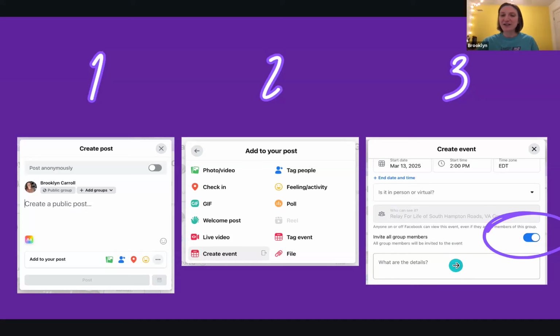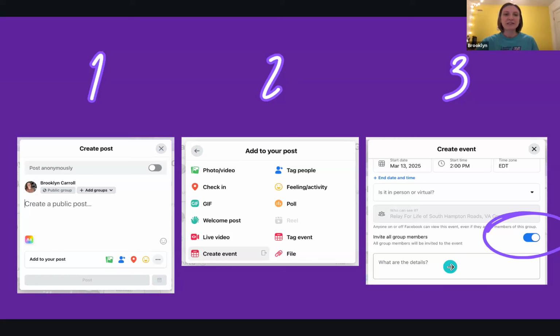Whether they go to it or not is up to them, but they do get the notification, which makes it much more likely that they'll actually see the event as opposed to you just posting the flyer on your page. I think this is a great tip that we've been using, and it's been working relatively well. You also get a second notification right before the event, saying the event's coming up, don't forget you were invited. So I think it's a great way, as opposed to just posting flyers about fundraisers.